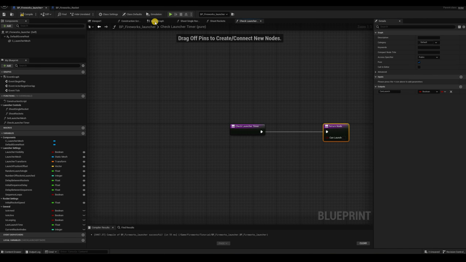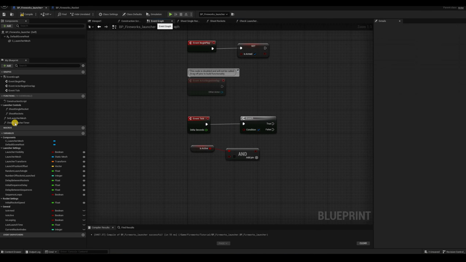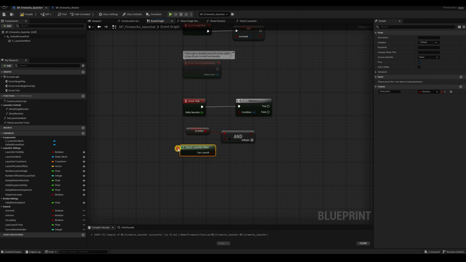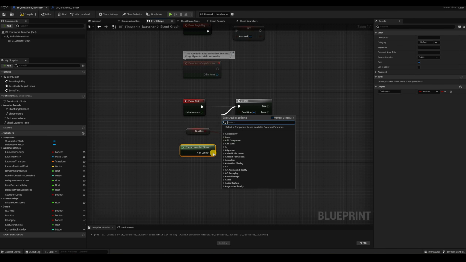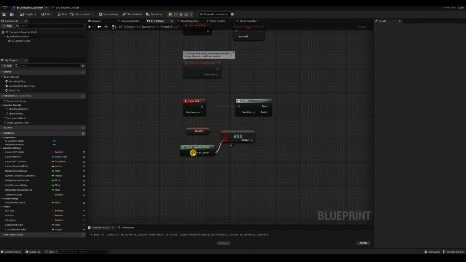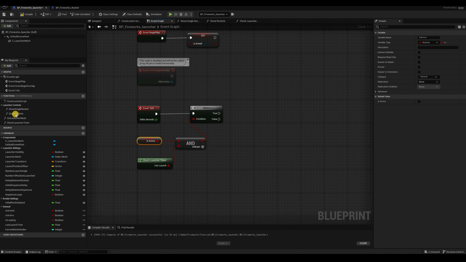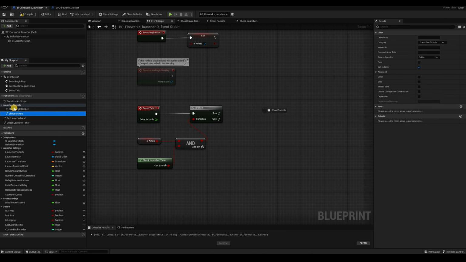We'll come back to this function in a moment, but let's go back to the event graph, and then drag check launcher timer here. And as you can see, it's one of these green functions that doesn't have an arrow connection for the execution. So we can connect it here, and now if it's active and if the launcher timer has expired, then we'll do the shooting of the rockets. Now, if this is true, we can just call our shoot single rocket. So let's connect that,